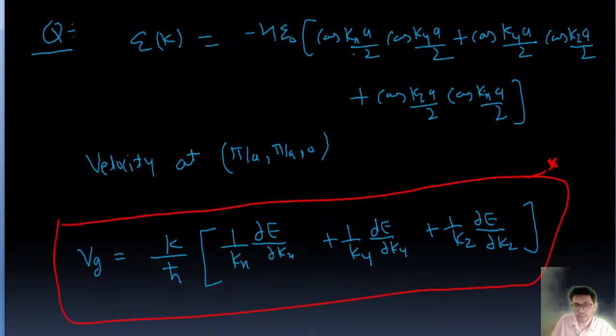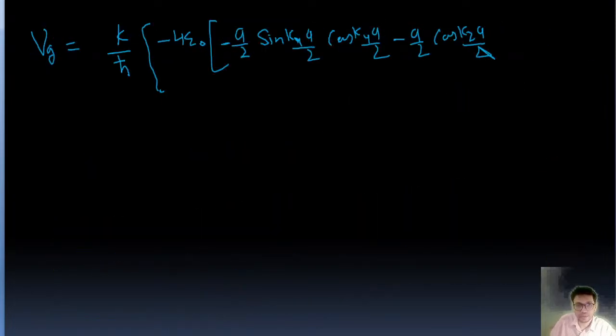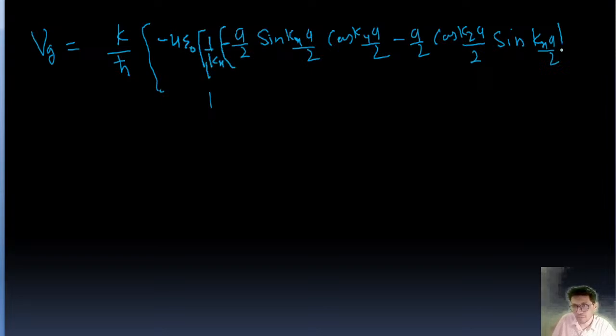And we'll differentiate this with respect to kz. So this is going to be sine, minus we have already taken. So minus kx a by 2. In the same manner, we will find this here. We can do like this. Minus 4 epsilon 0 we have taken common, and this 1 by kx is also common, 1 by kx, right? Then plus